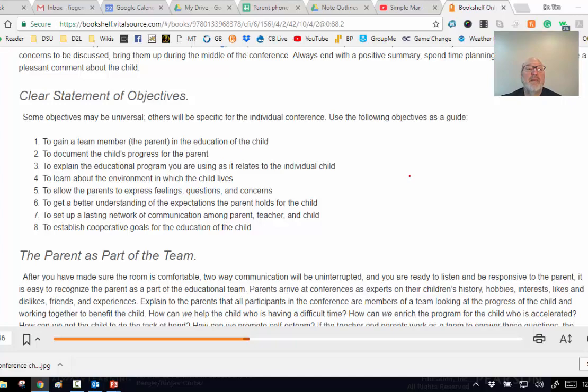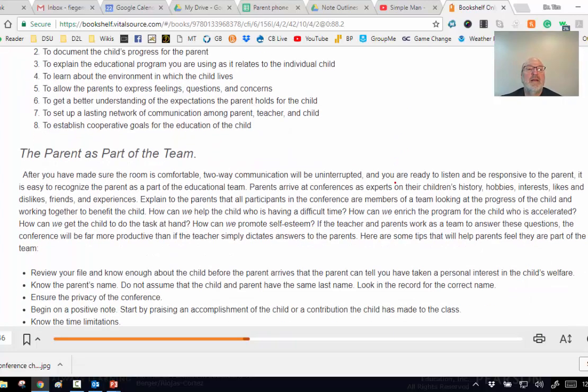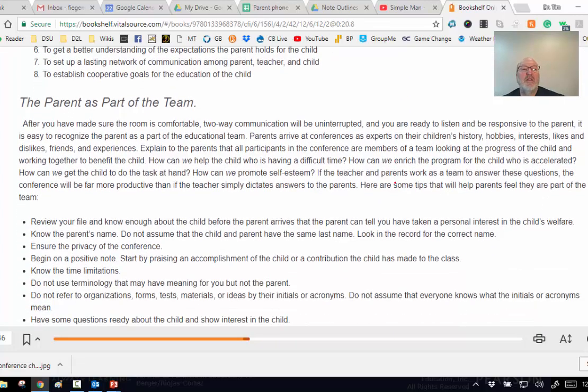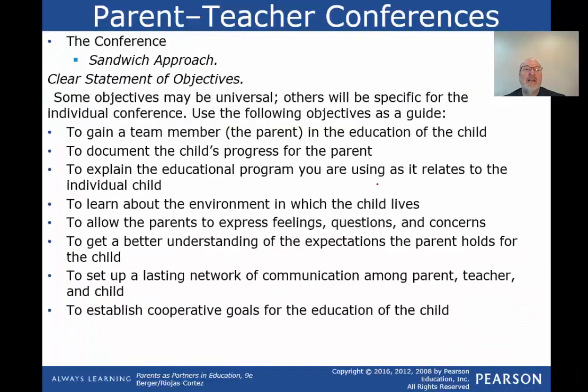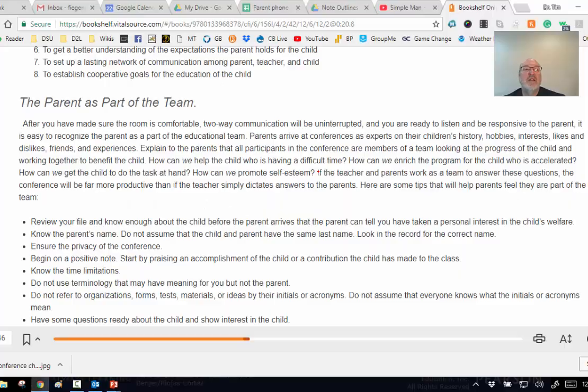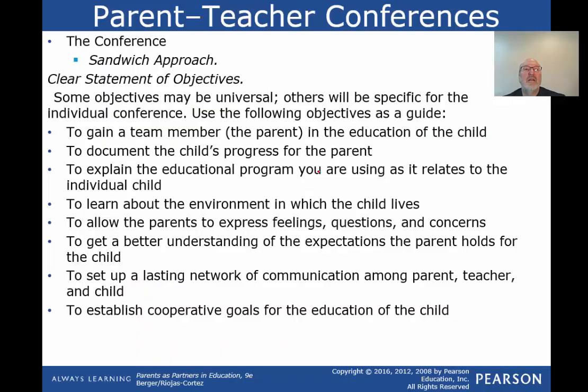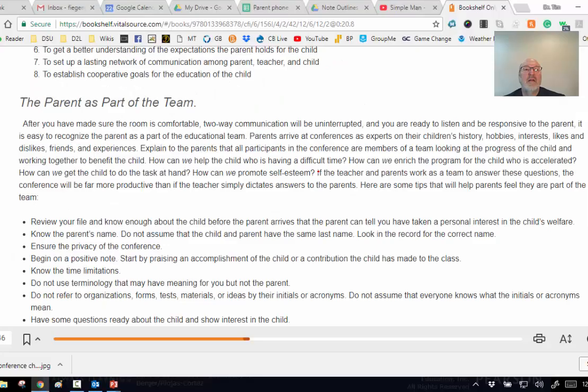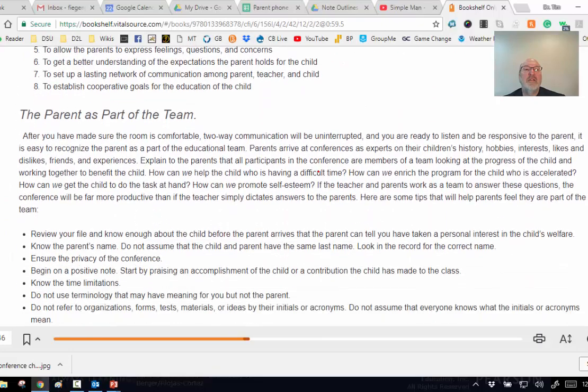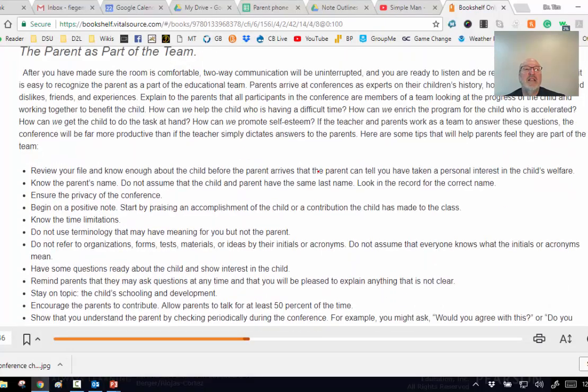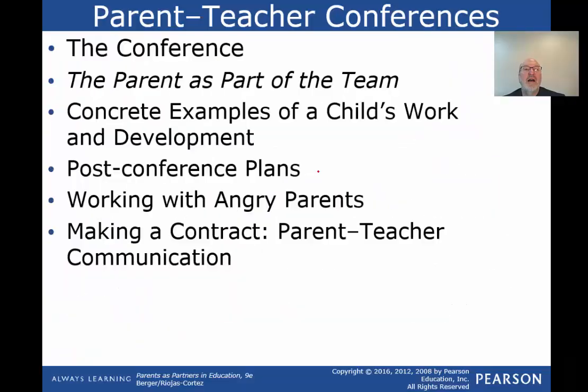The parent as part of the team, that comes right here. And that's ready to go here. That's up there again, a team member. And then this down here,